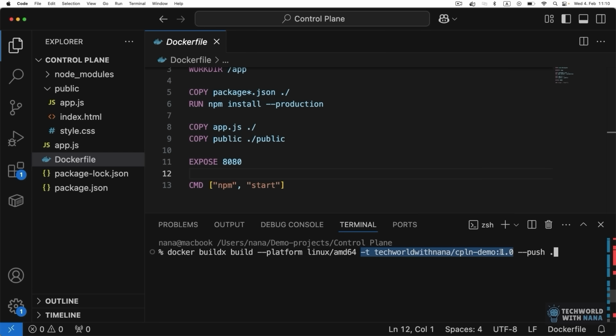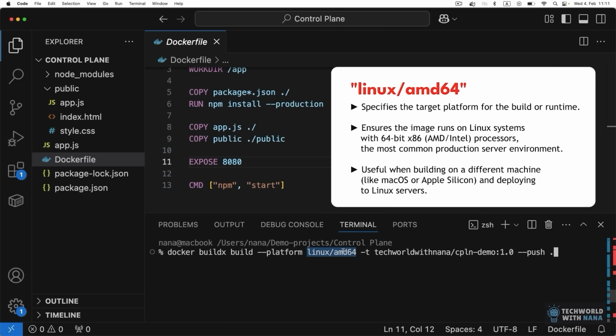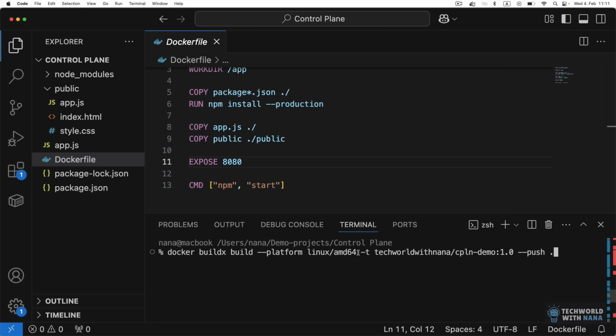So we're naming and tagging our image. And since I'm using a new MacBook, which has Apple's M1 chip, which is obviously not compatible with Linux AMD architecture, basically just providing a flag that says, build this image to be compatible or to be deployable on a Linux AMD architecture. If you have macOS with Intel chip, then you don't have to use that flag. It's going to work by default. But if you're on a new one with M1 chip, then provide this flag. And once we build the image, we're pushing it directly to the repository. So we're doing all this in one command. So let me execute.